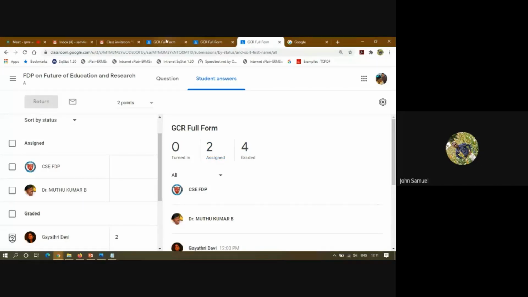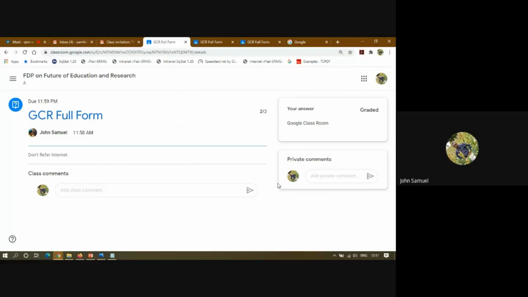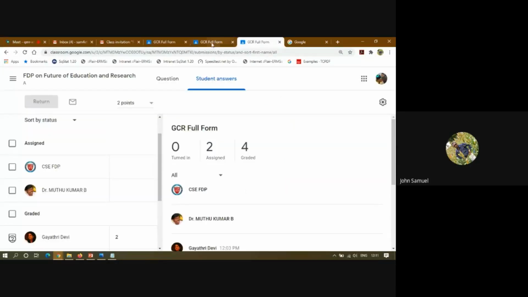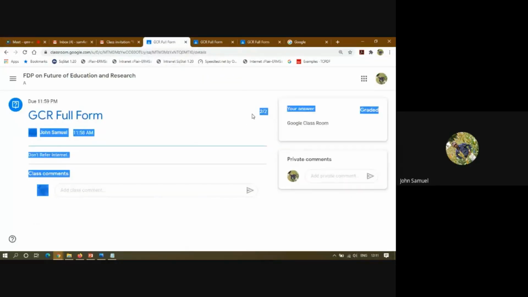Okay, so now I am opening that student menu. Now you see the mark will be displayed. The main thing is you have to return. After clicking that return button, the mark will be displayed to all of your students, right?